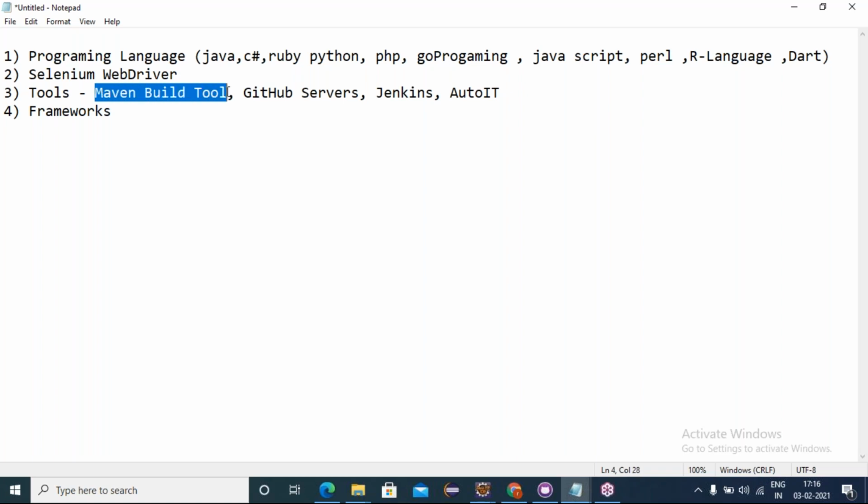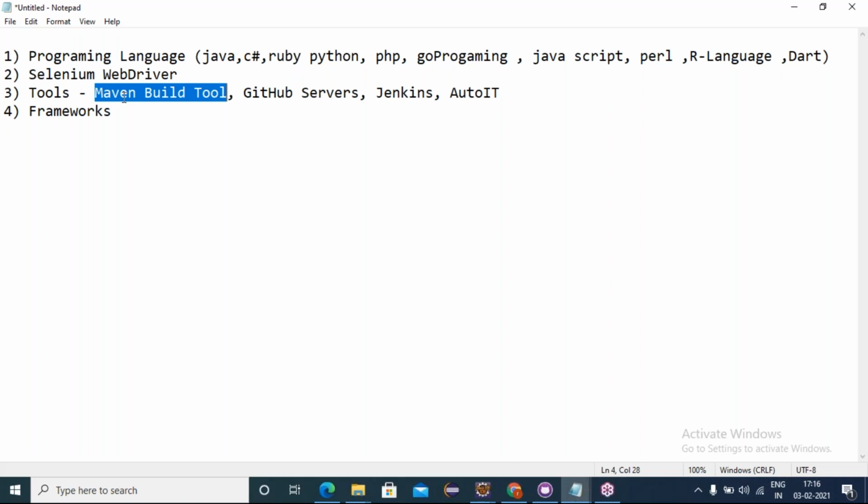So Maven is a build tool where we build our automation scripts. We are developing our WebDriver scripts, and we build these WebDriver scripts using the tool called Maven build. Earlier there were many build tools. Before Maven, people used a build tool called Ant. Now at present the organizations are using Maven, about 90%,